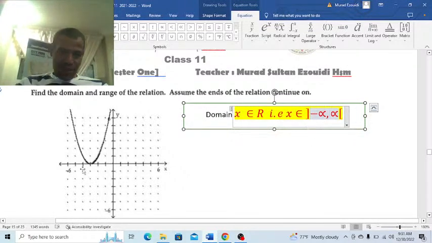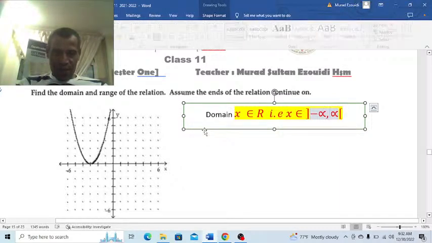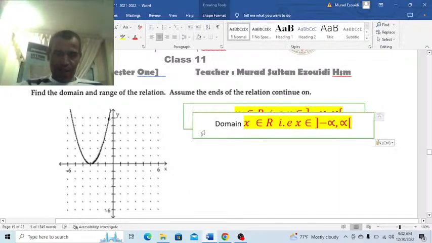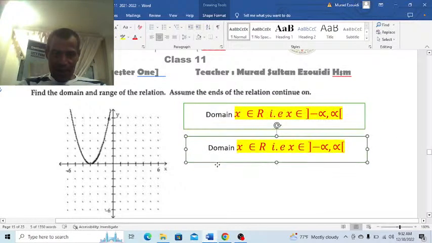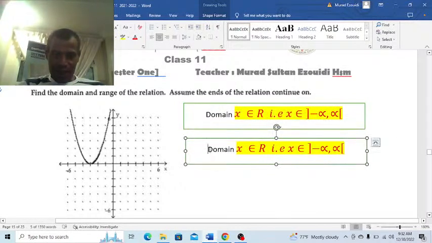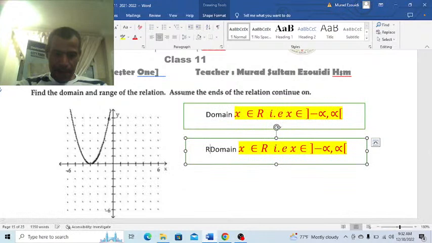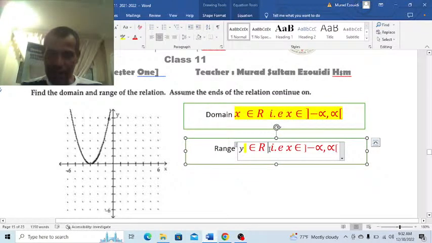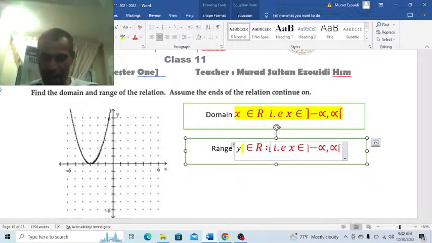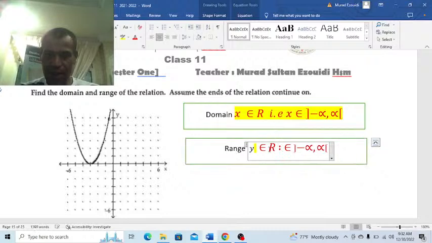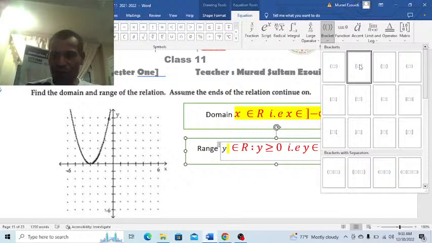But the range is y is more than 0, and the y value will go upwards. So therefore the range is that. The range, I will write here range, such that y is more than or equal to the